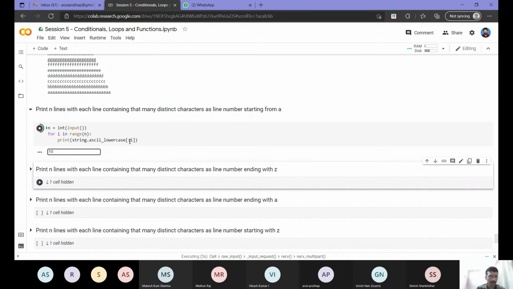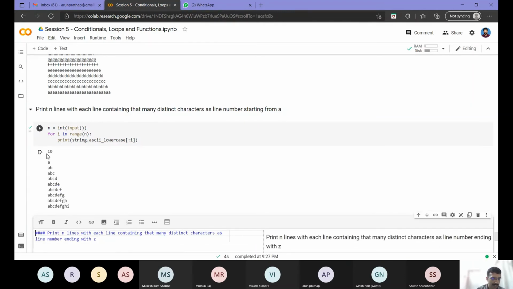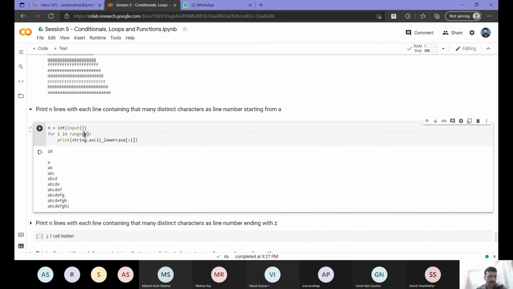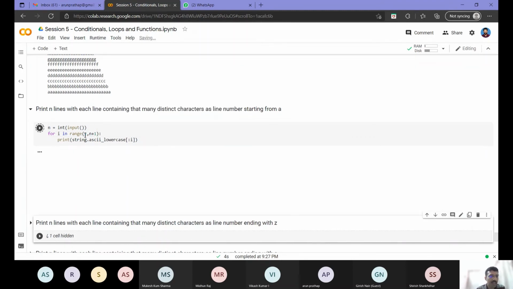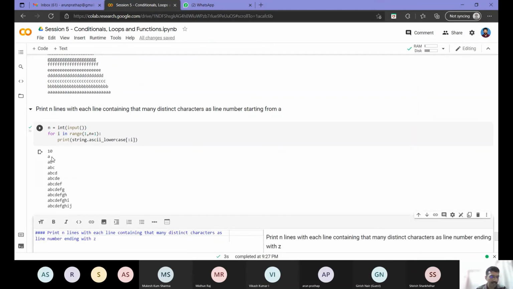So I want it to print till 10 characters. In the first line, if you see, I have a space here. That's because for 0, the start index is 0 and the end index is 0, so it will not print anything. It will be a dummy space. Ideally, if I want A from the first line, I should have 1 here, and if I want 10, then correspondingly n plus 1 here. This is the same as what we saw earlier. If I give 10 again, first line A will come, so distinct characters: first line A, second line AB. So we will see, and we will stop with maybe that.